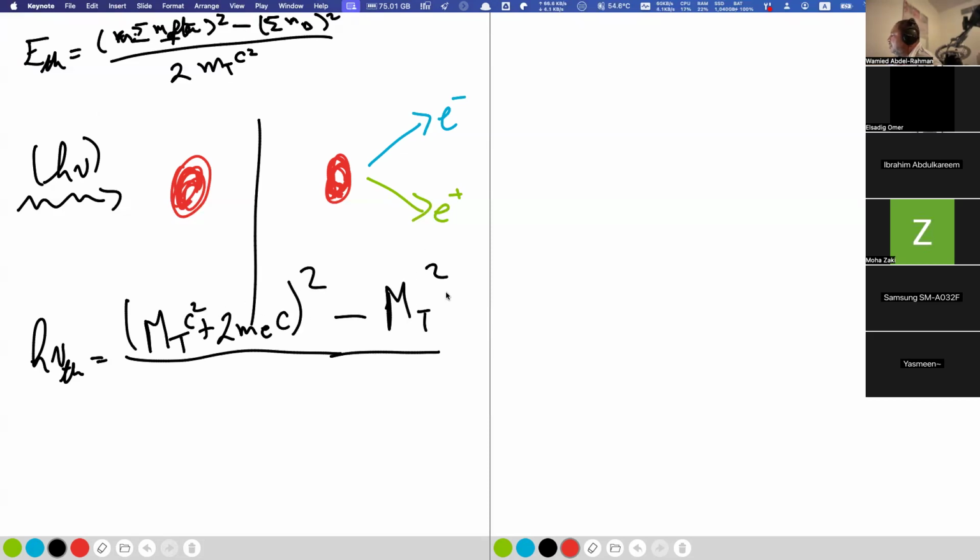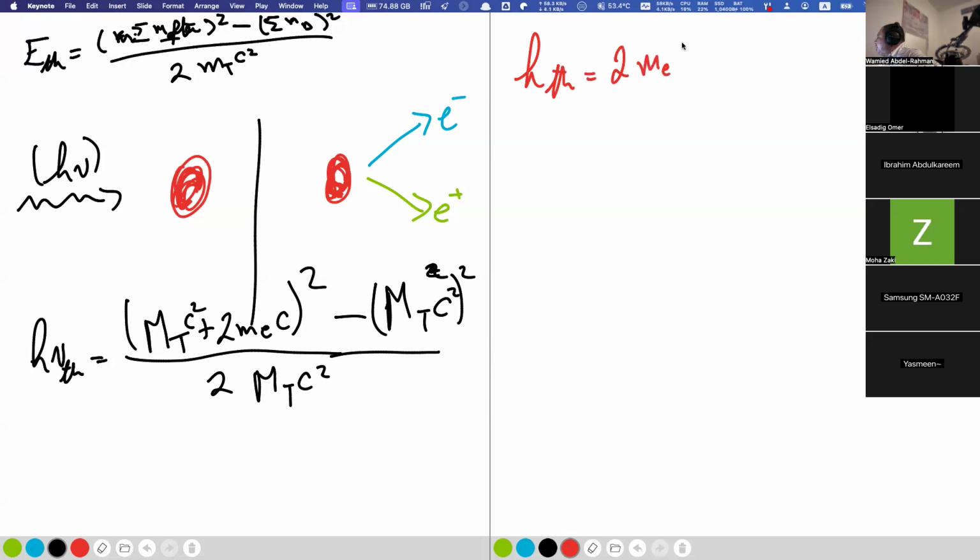Since I'm putting C squared, I need to divide by the mass of the target C squared. So this now becomes a mathematical problem. And when you do, we get from here, H threshold equals 2 MeC squared and target C squared